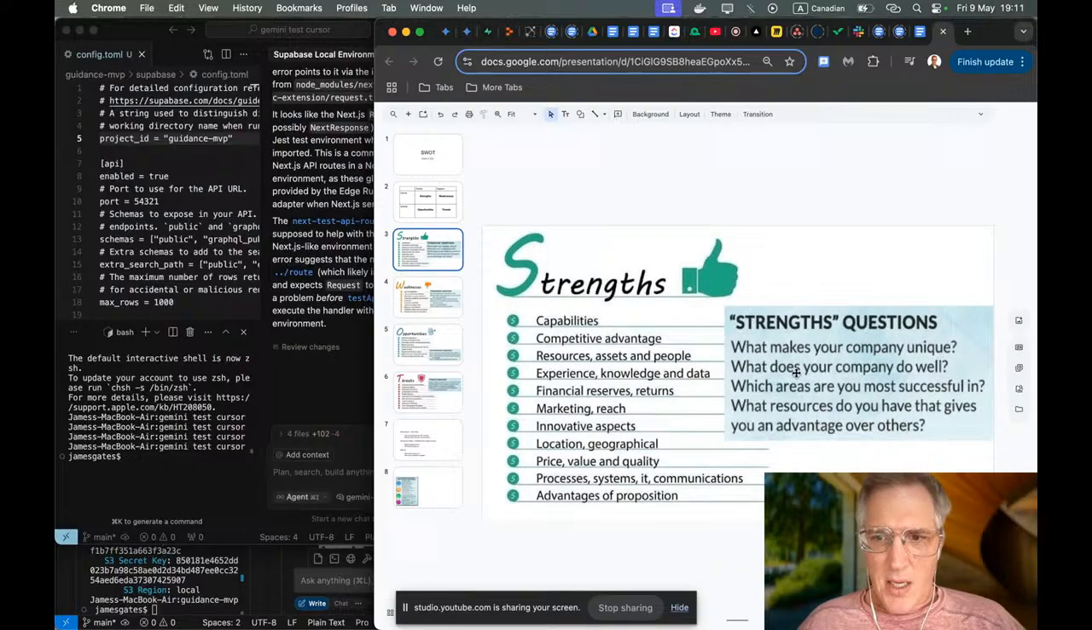What makes your company unique? What does your company do well? Which areas are you most successful in? What resources do you have that give you an advantage over others? And then it goes through capabilities, competitive advantage, resources, experience, financial, and so on. So you could have a prompt like, okay, so based on the four different areas of SWOT analysis, create